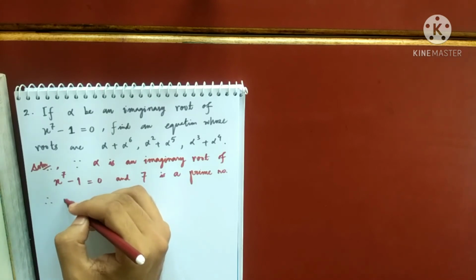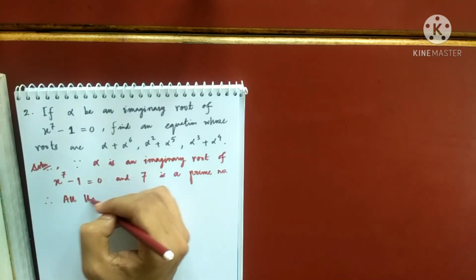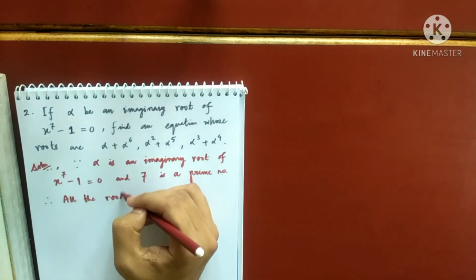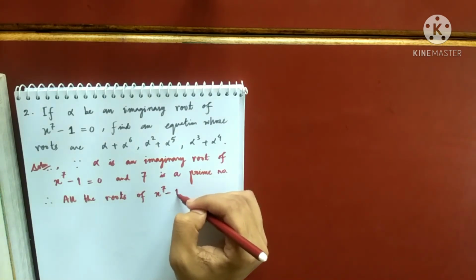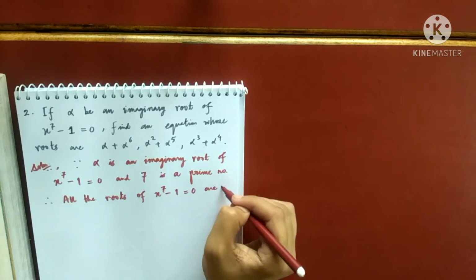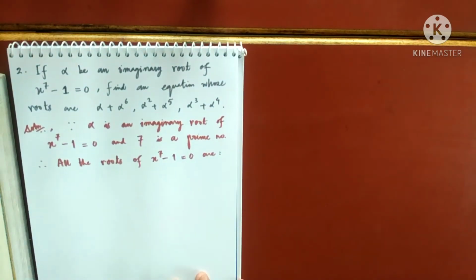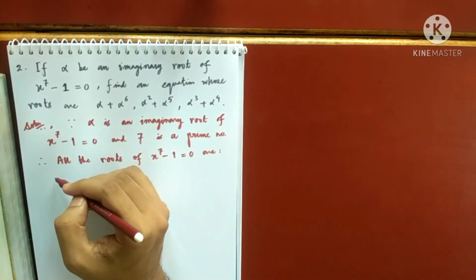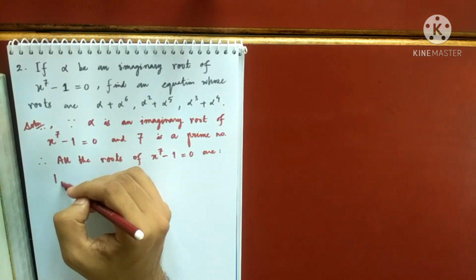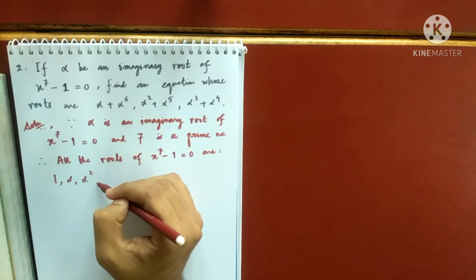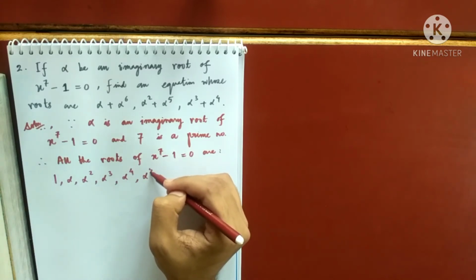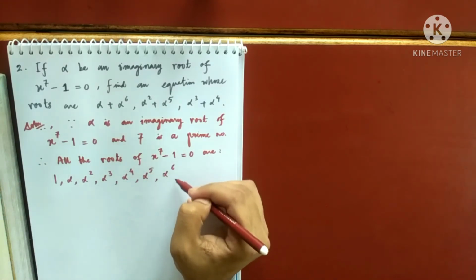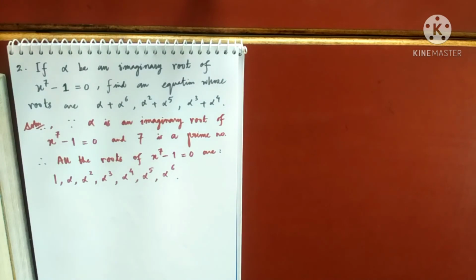Therefore, using the same theorem, the roots of x to the power 7 minus 1 equals 0 are 1, alpha, alpha square, alpha cube, alpha to the power 4, alpha to the power 5, alpha to the power 6. I know this by the theorem. So